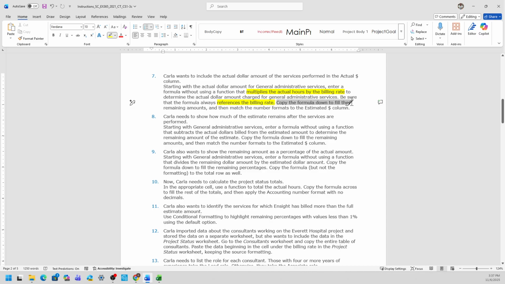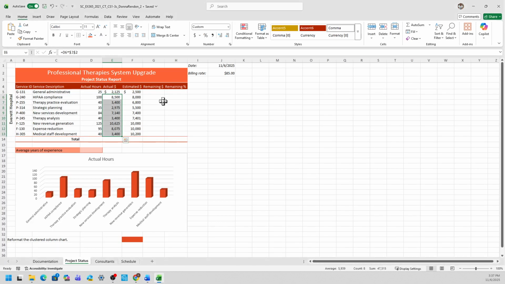Then we copy the formula to fill the remaining amounts, and then match the number formats to the estimated dollar column, which is this one here. Okay, so they're now the same. Now that step 7 is complete,